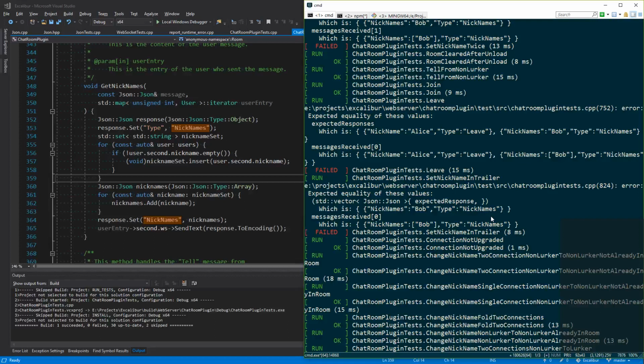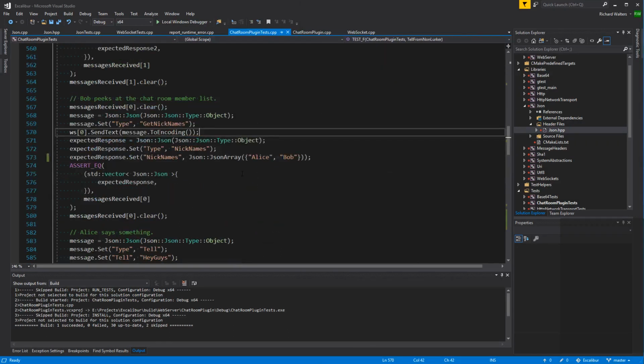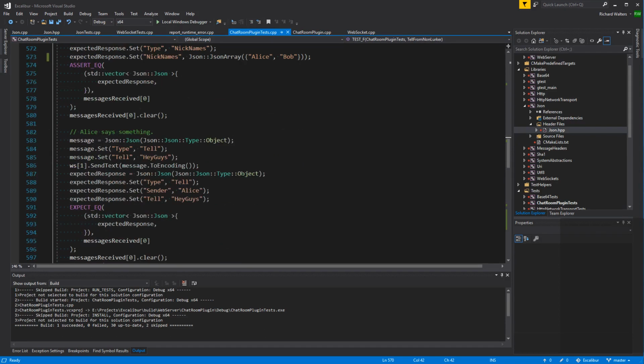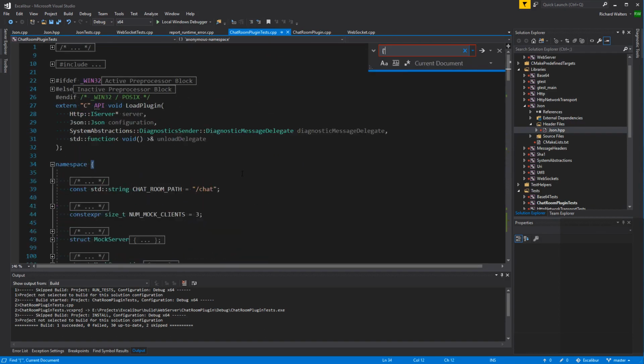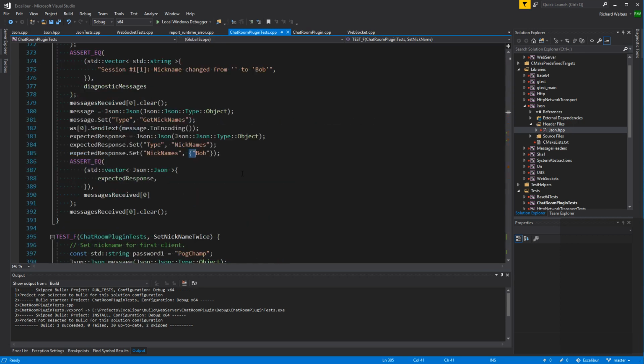It's getting a single string. Oh, no, it's in our test. Okay. I think I know where that happens. Yeah, so here we used to... So this is actually being interpreted as a string constructor to JSON.